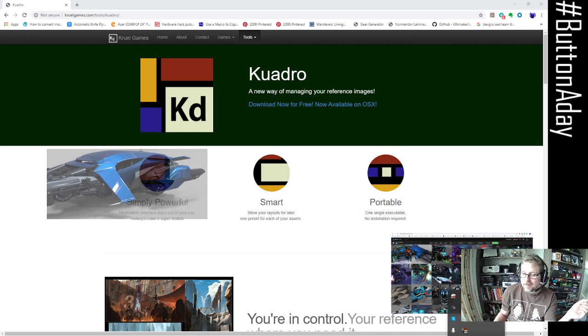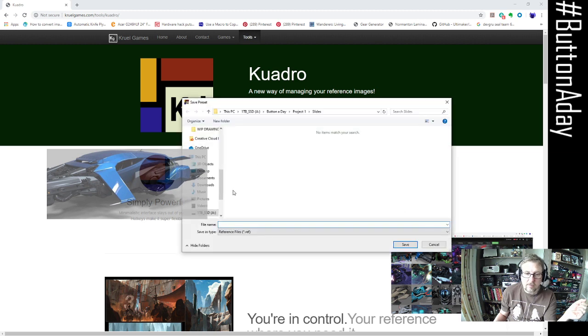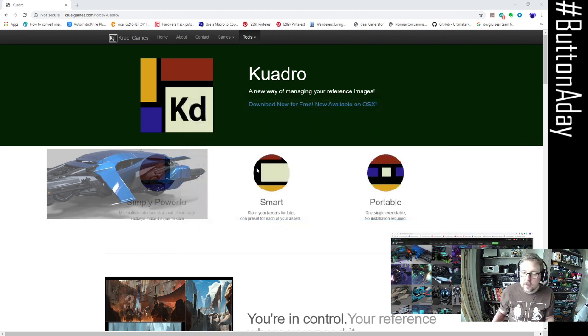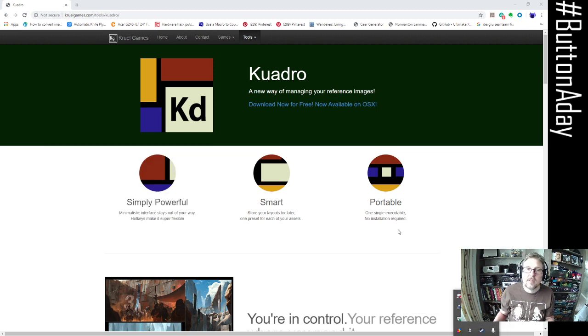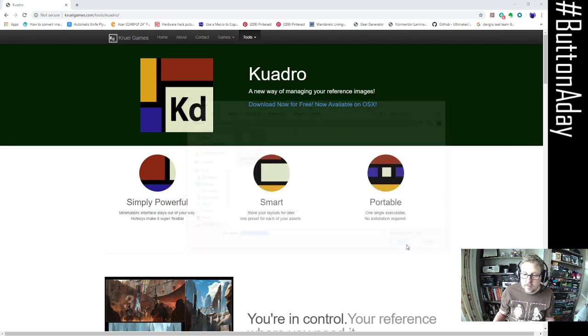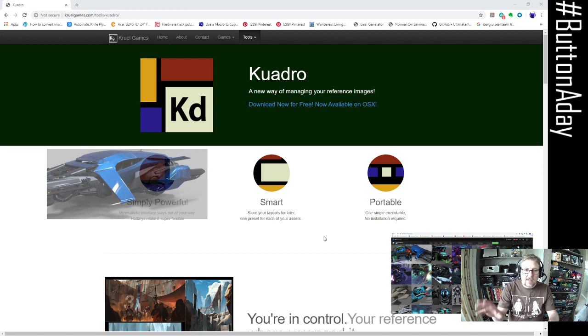And then if you right click and choose save as, you can give that a name. We call it button a day reference. And then when you close, so right click again and quit, that disappears. You think, right, let's start that project again. Double click to start. Gives you a little notification saying it's there. You can then right click, choose open, click that reference file, and it brings up all your images exactly how you've laid them out with your opacities,